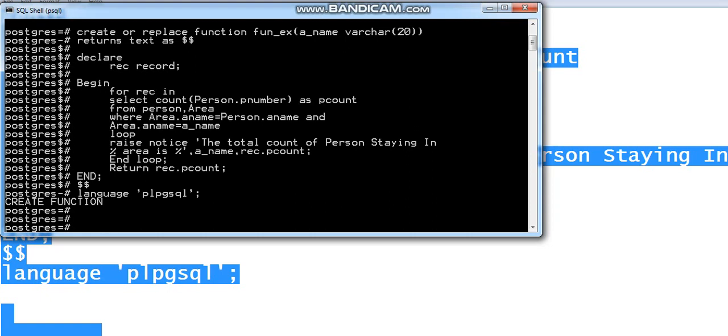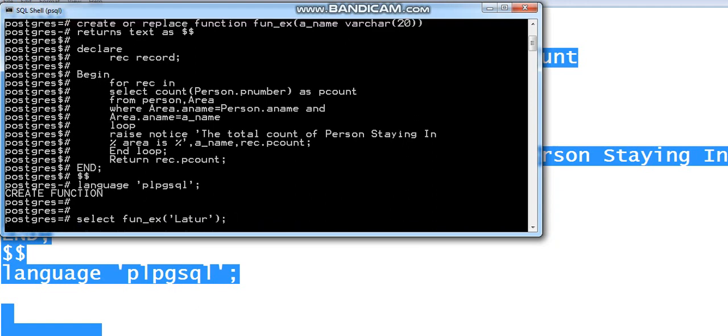Now how are we going to call a function? We write the select keyword and the function name. What is the function name? fun_ex. This is the function name, and we pass the area name as the parameter. We have Latur in our table, so I pass this as the parameter.